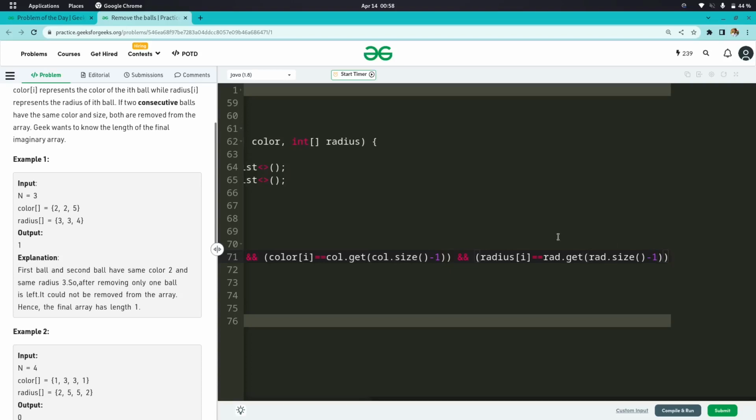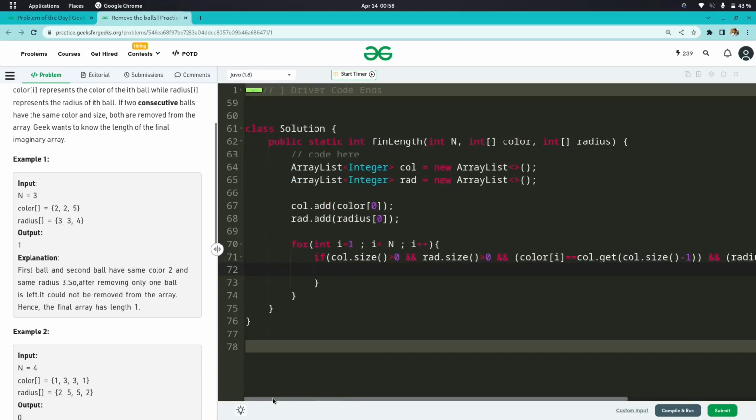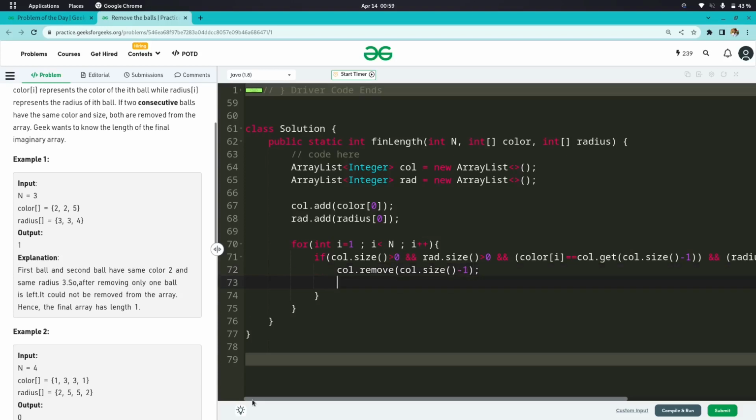Now just close the parenthesis, and what we are going to do, we will remove the last element of the array list. So color dot remove the last element, color dot size minus 1, that's it. And same for radius, radius dot remove radius dot size minus 1, right?